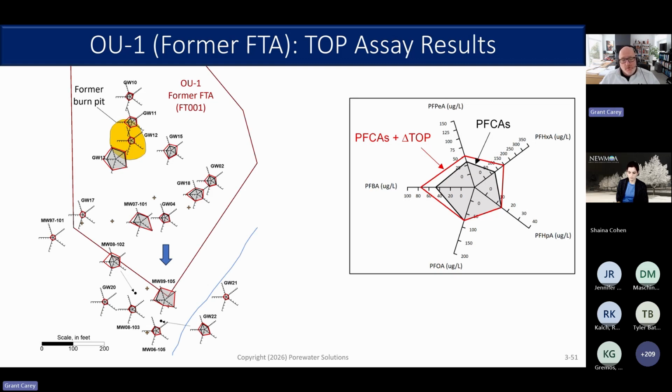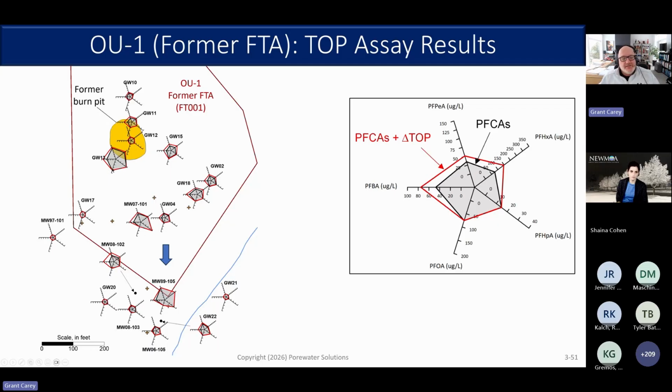This is where we know that precursors do tend to filter out. They tend to absorb pretty strongly in source areas. They don't move as much down gradient. And we can see pretty consistently,